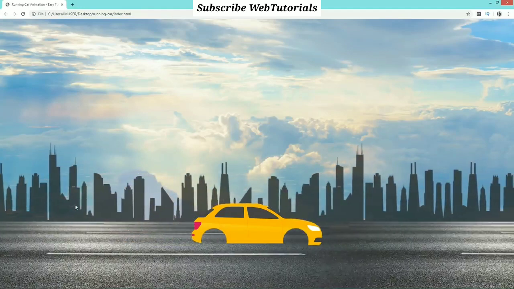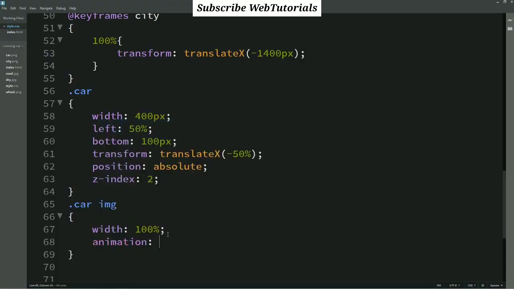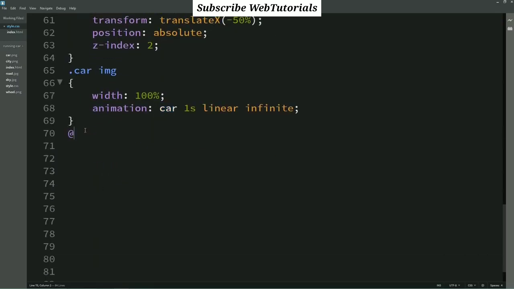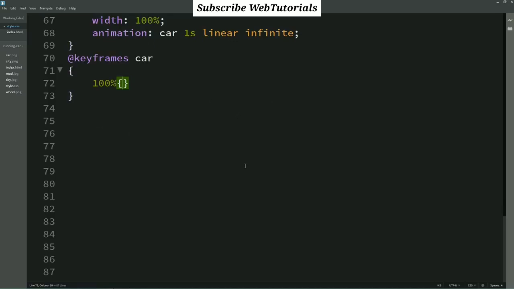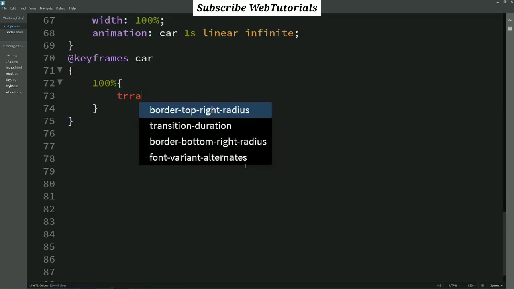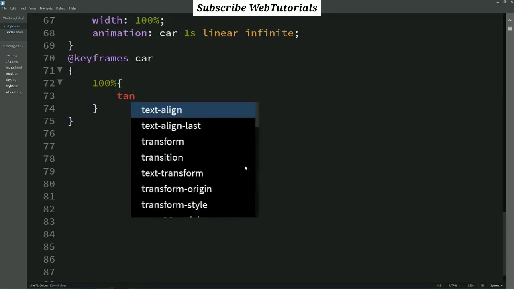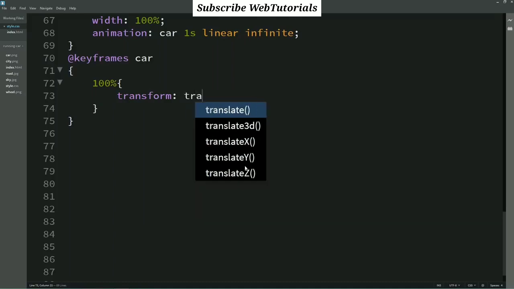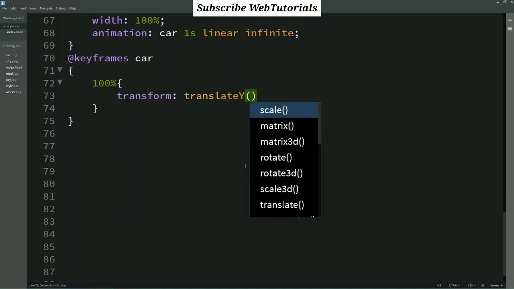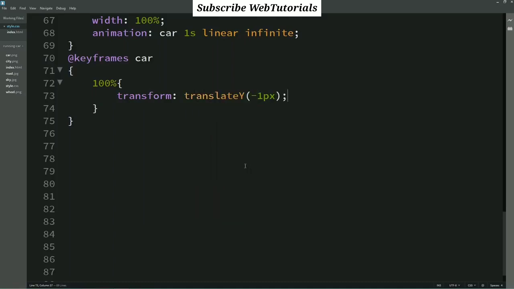Now we will add animation on this car also. So here we'll add animation car 1 second linear infinite. Let's copy this car, write keyframes 100%, transform translateY minus 1 pixel.